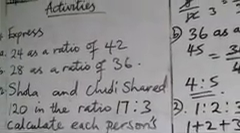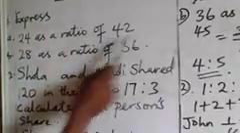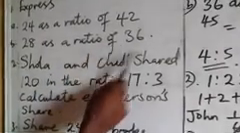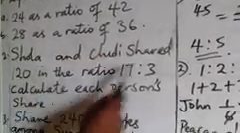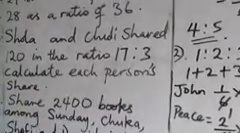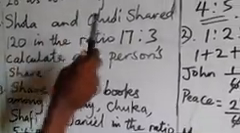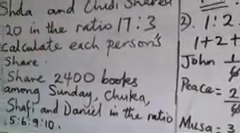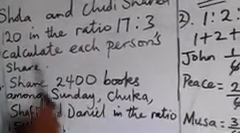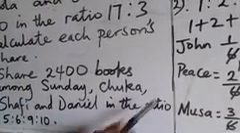These are the activities you're going to do for me now. Number 1, express 24 as a ratio of 42. 1b, 28 as a ratio of 36. Number 2, Shola and Chidi shared 120 in the ratio of 17 and 3. Calculate each person's share. You are going to look for the share of Shola and the share of Chidi. And the last question, share 2,400 books among Sunday, Chuka, Shafi, and Daniel in the ratio